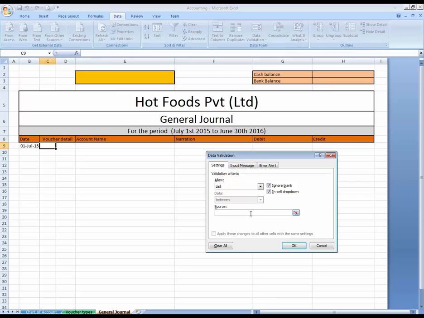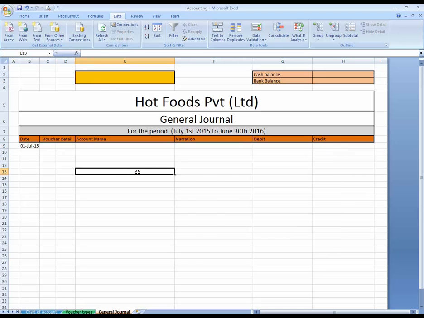Check the source, and where is the source? Oh, it's not working. It means the command is not working to the next sheet. Maybe this version of MS Office is not working.